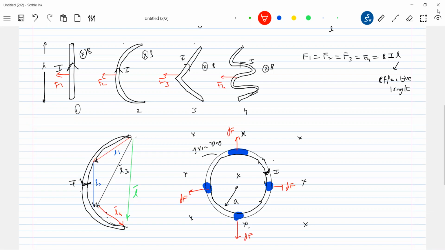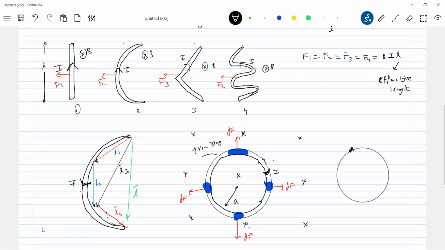So what will happen to the net force on the ring? In fact, it's zero, no? The net force acting on the ring will be zero. Or in terms of mathematics, if you want to show that in terms of mathematics, you can take,